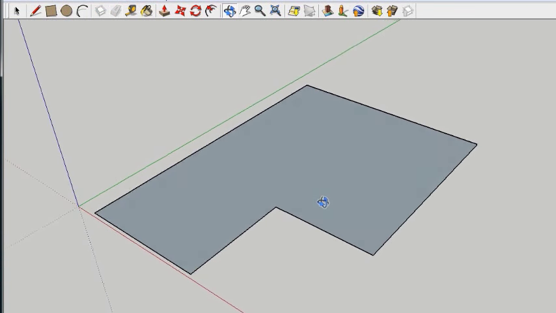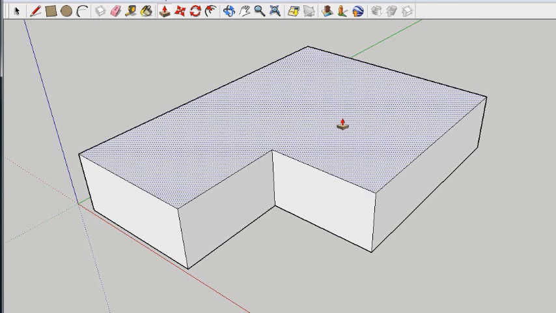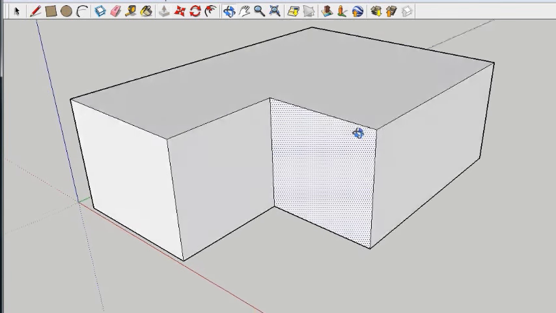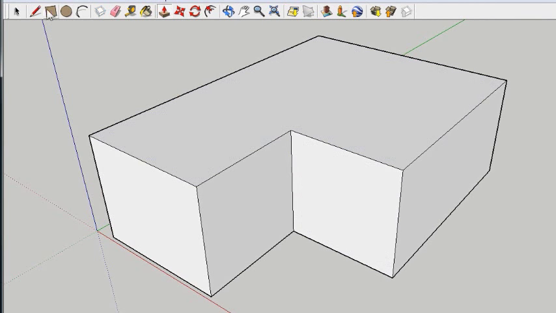There, now this is one surface that we can push-pull. Start pulling it up and enter 10 feet. To create the roof, we'll use the line tool and draw all the edges we need before pulling the ridge